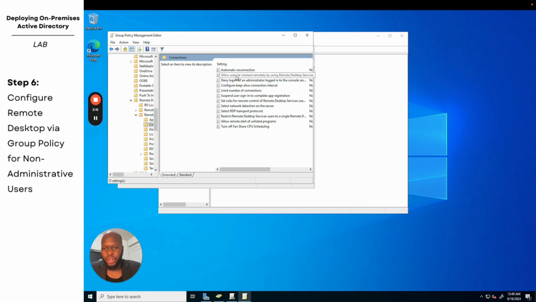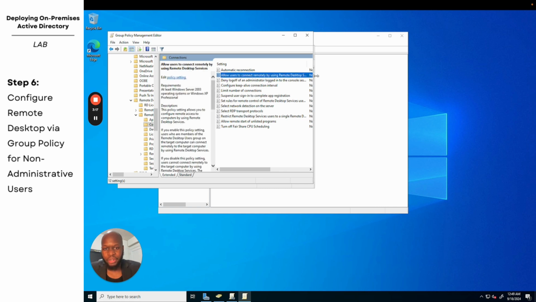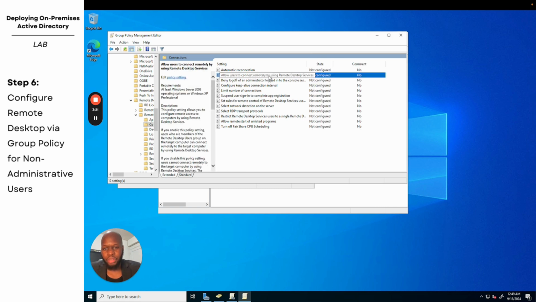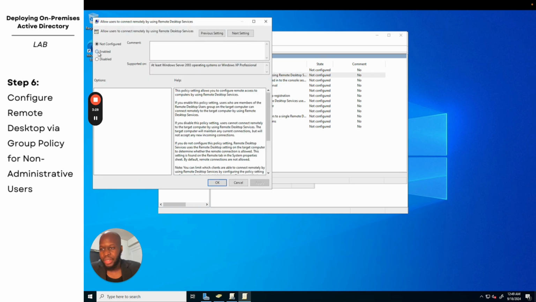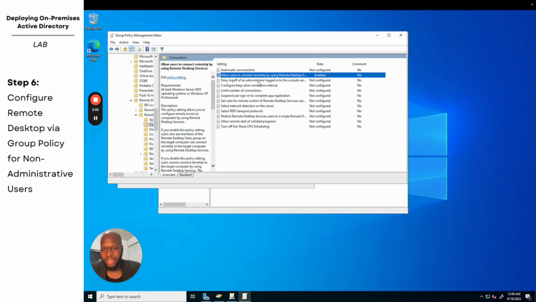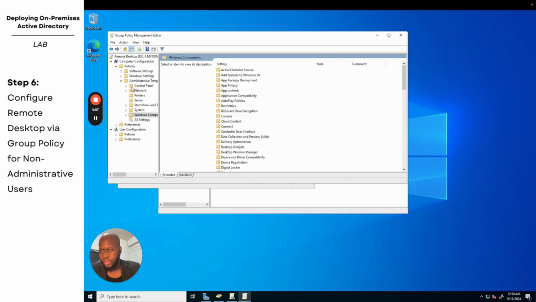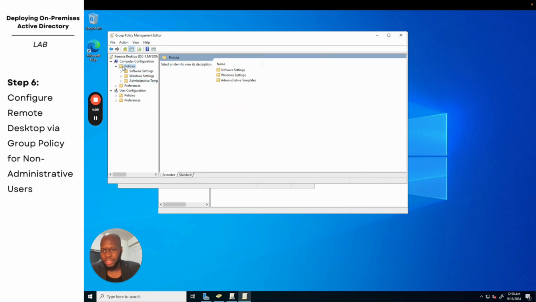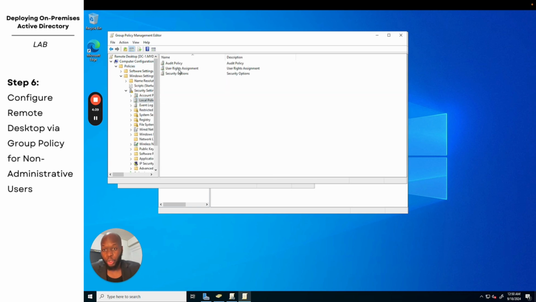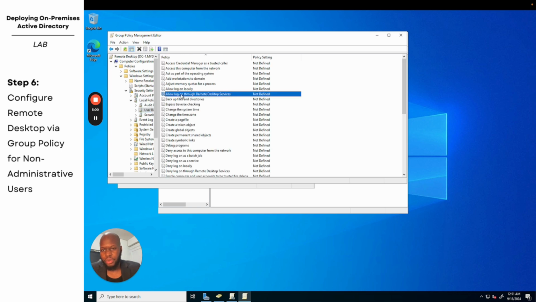Now for this, we are going to enable this setting right here, which is "Allow users to connect remotely by using Remote Desktop Services." Go ahead, edit that. We're going to click Enabled, Apply, OK, and as you can see, it is now enabled. Yay. Now if we go all the way back to our policies folder right here, instead of clicking Administrative Templates, if we click Windows Settings, Security Settings, Local Policies, and then User Rights Assignment, we can also change the